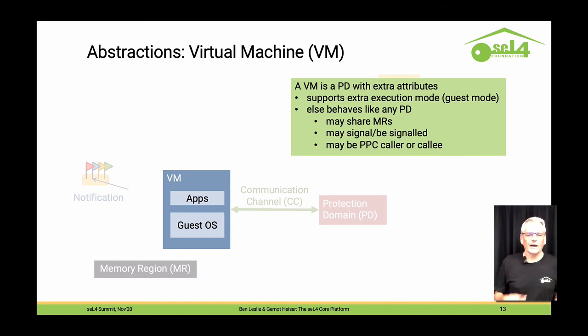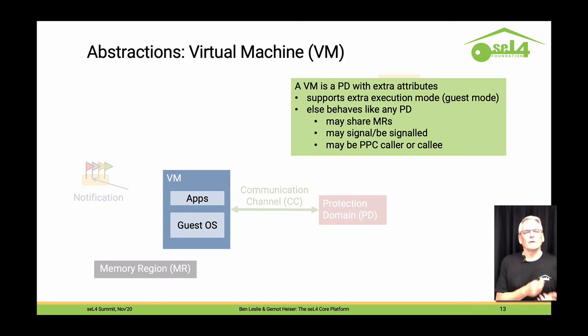The specific attributes it has are used for being able to run guests in kernel mode. So they have at least an extra execution mode, which is the guest kernel mode, and